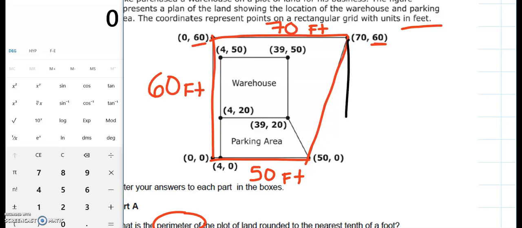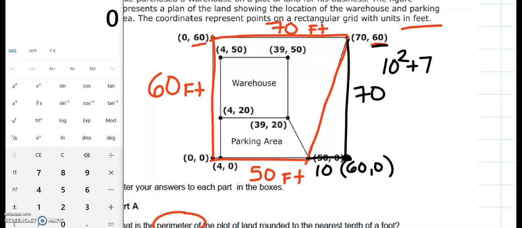So I'm going to draw a line that goes down and over. If I'm going down from 70 to 0, this is 70 boxes. And then I went down from an x value of 60, so down here, this would be (60, 0). Between 60 and 50, we have 10 boxes, so it's 10 for that bottom length. So if I need to find that diagonal, I'm going to do 10 squared plus 70 squared equals my hypotenuse